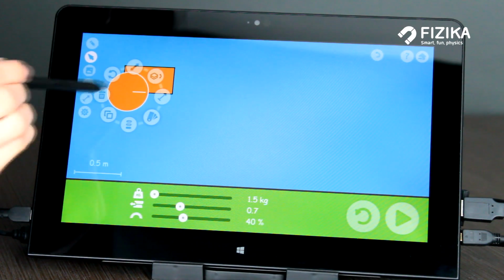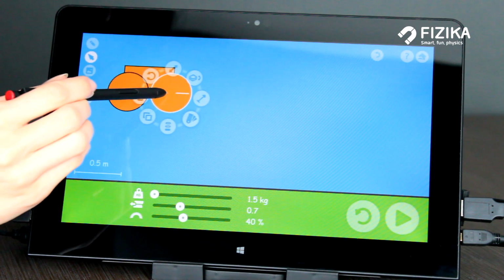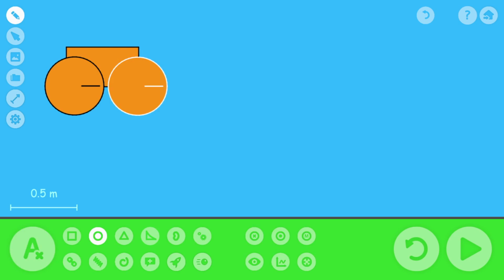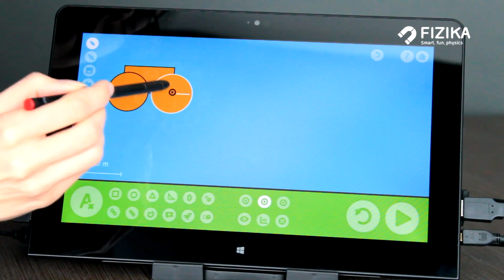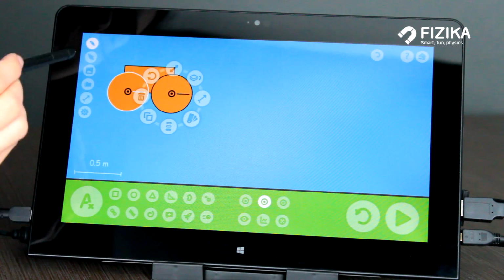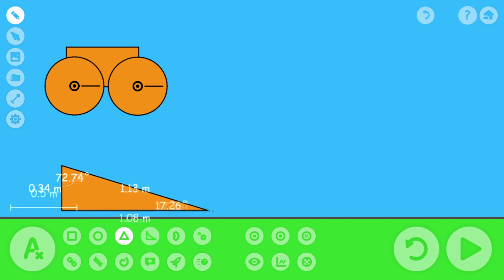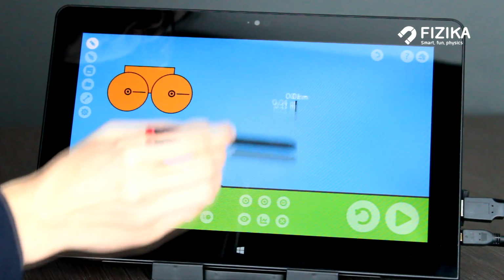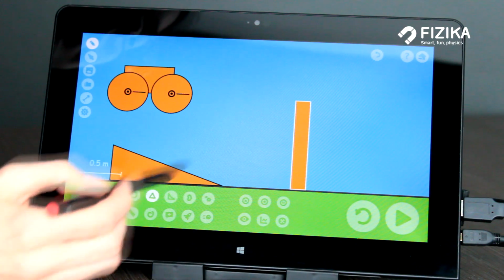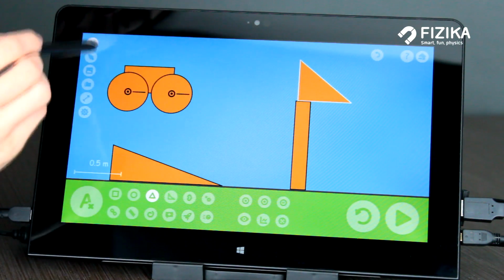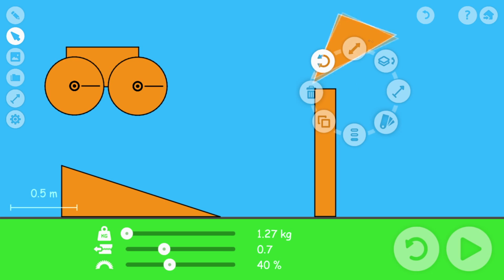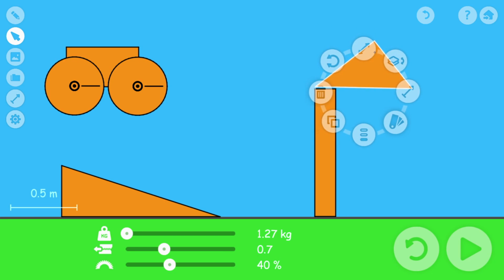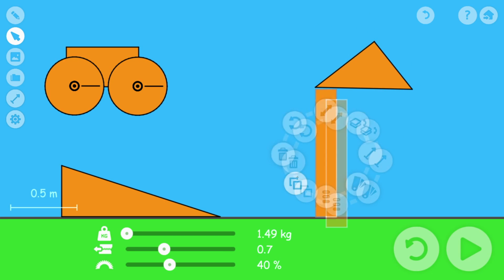With the arrow I can move objects and also duplicate them. Of course I don't want it to fall apart, so I have to put this XL sign in each wheel, like that. Then let's draw a ramp for this, or a tower. Again, with this arrow you can rotate objects and then put it to the right place, and then let's duplicate